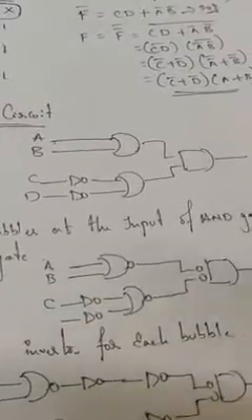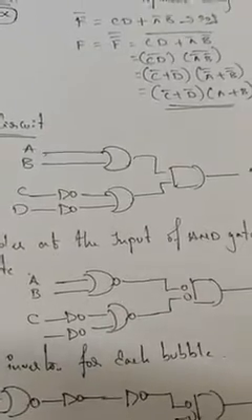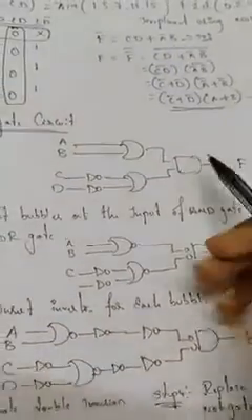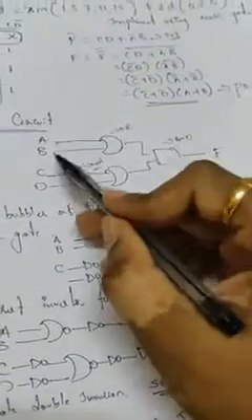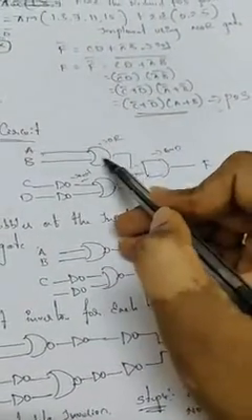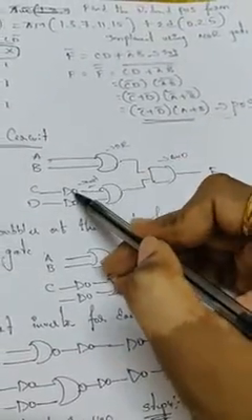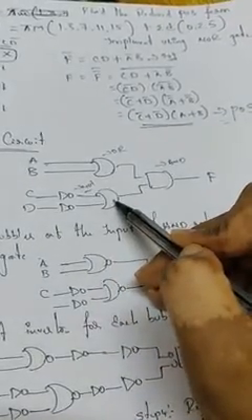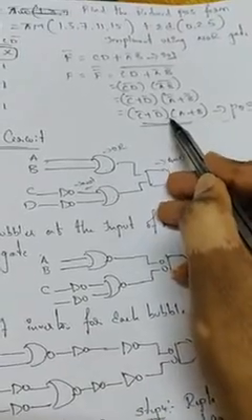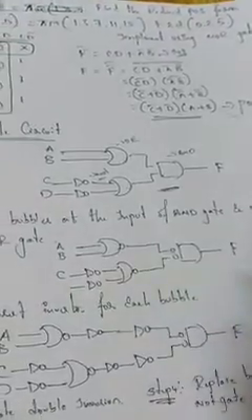So as usual, in the previous problem we implemented using NAND gate. What was the first thing we did? We drew the basic circuit by using the basic gates. This is an OR gate, this is an AND gate, this is a NOT gate. These are the 3 basic gates, okay. So A, B, so we have A plus B, right? OR refers to plus. And C bar plus D bar. So C comes here as C bar, D comes here as D bar. So C bar plus D bar with respect to the OR gate. Both are connected to the inputs of an AND gate. This is the basic circuit.